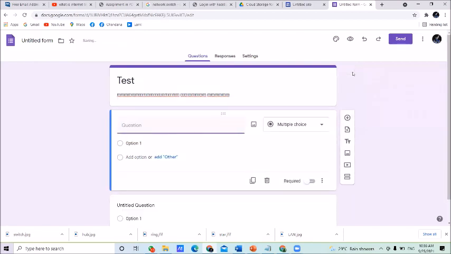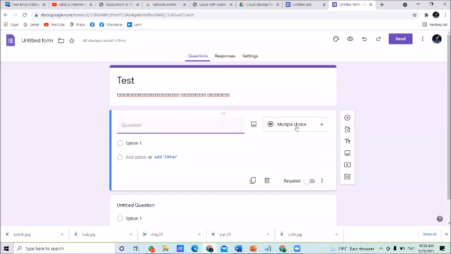Click on here. Then a question is added to your form. You can change the type of question. Suppose you want to ask, enter the name of recipients, name of your audience. Then you want to change the question type. The default question type is multiple choice question.